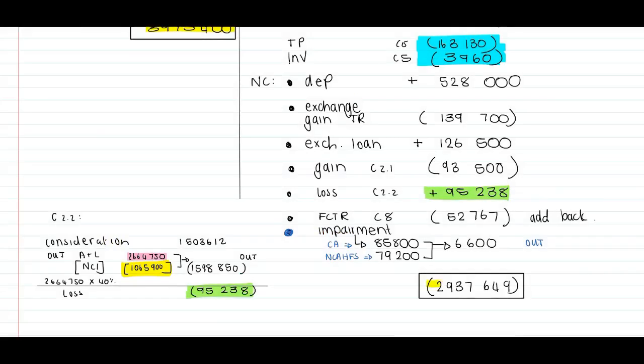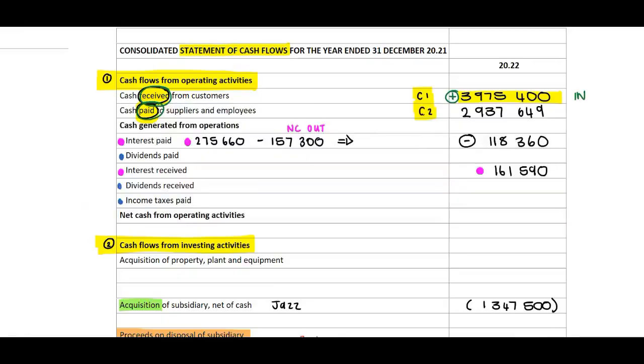Total cash paid 2,937,649. Transfer 2,937,649, and this is an outflow, cash paid. Then our interest paid, we've calculated. Dividends paid. Now remember, to be able to calculate our dividends paid, we had to reconcile our shareholders